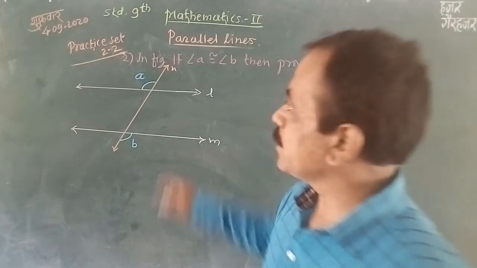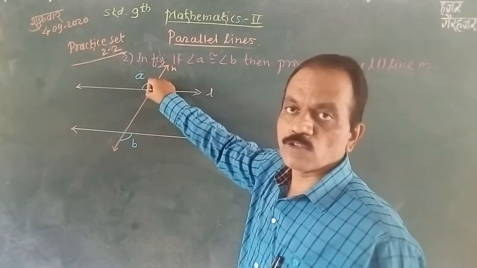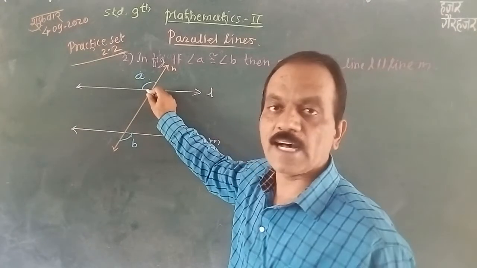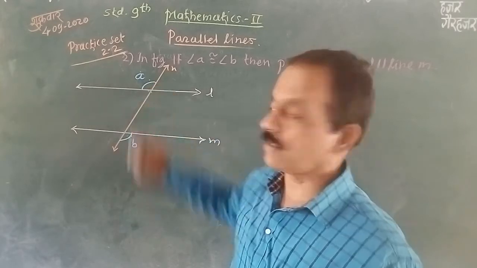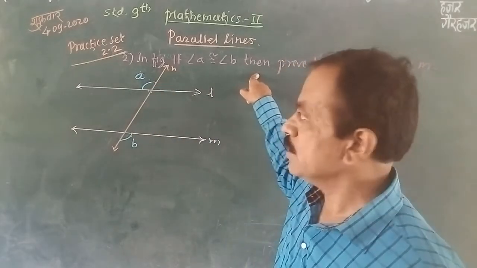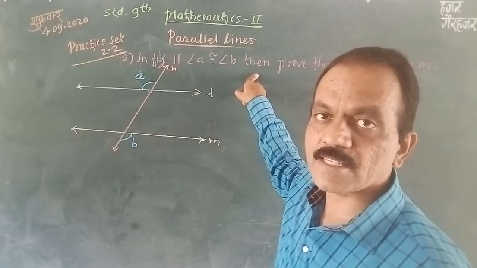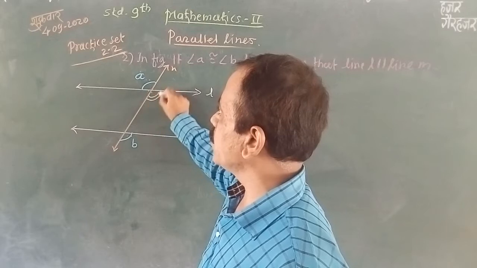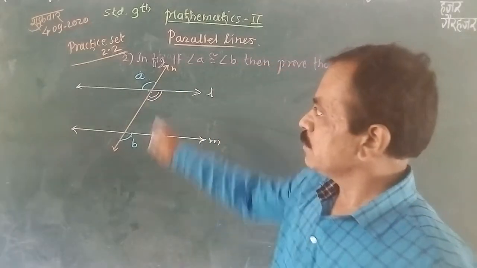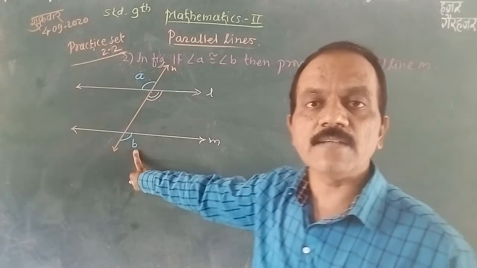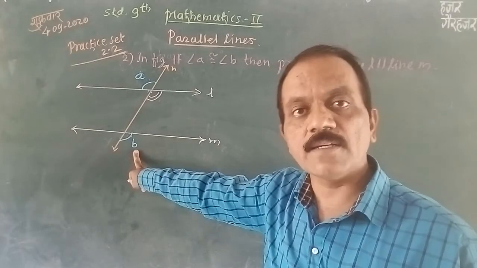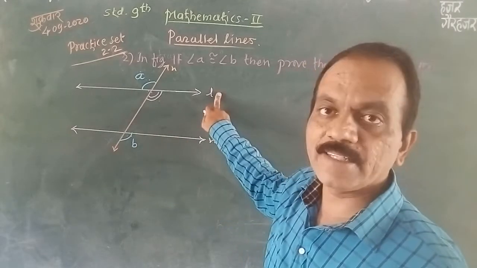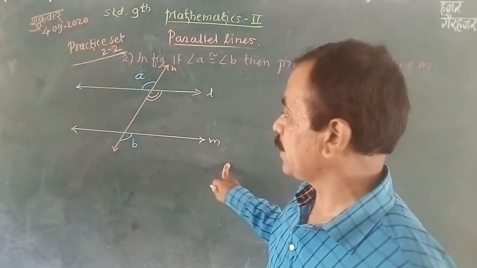Look here, exterior means bahya baju. This angle will also be formed as an exterior. That means these two exterior alternate angles are given as congruent. Then we use one of the tests, the corresponding angle test. When you take angle A, this is also a vertically opposite angle. This angle and this angle B are a corresponding angle. By using the corresponding angle test, these two angles are congruent. Then we say that line L is parallel to line M.